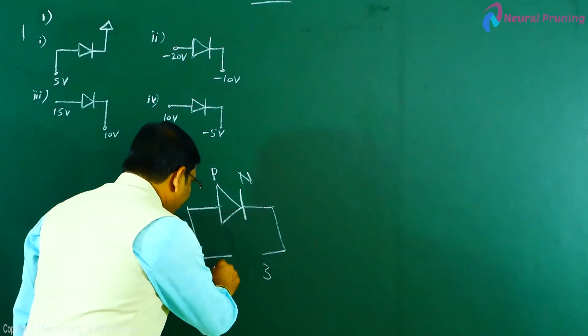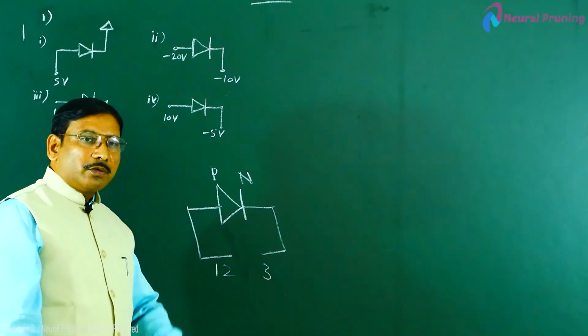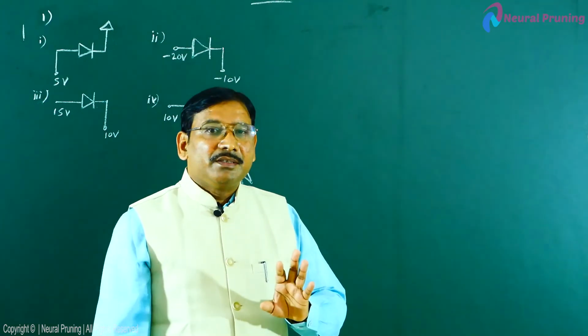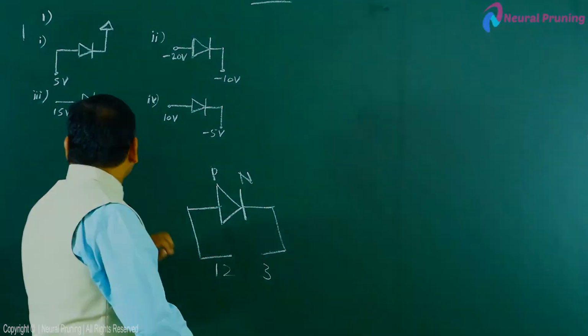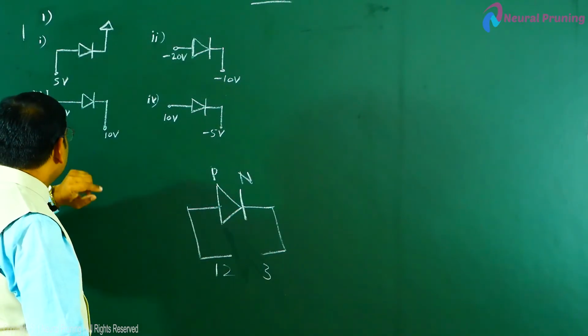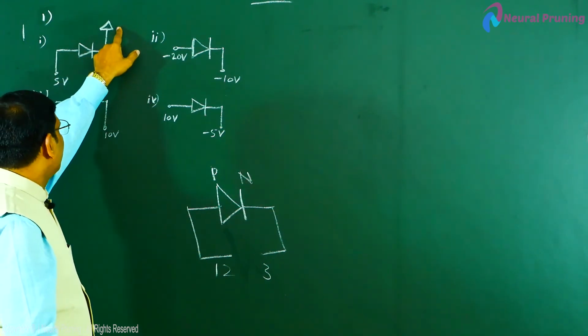If it is like 12 volts and 3 volts, of course, this is the forward bias. So such concepts are very important to identify whether the diode is forward bias or reverse bias. So now let us see whether the diode is forward bias or reverse bias in case of option 1. The P type is connected to 5 volts and N type is connected to 0. Is nothing